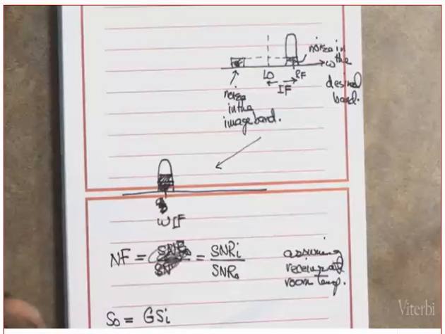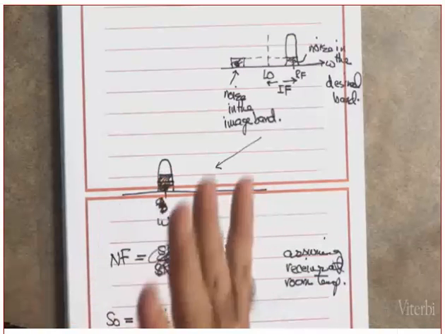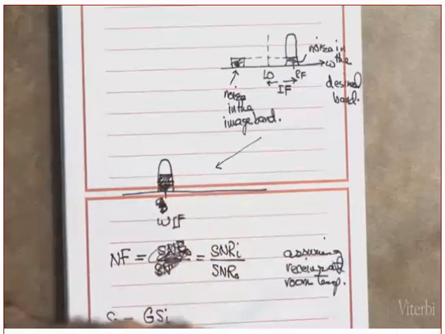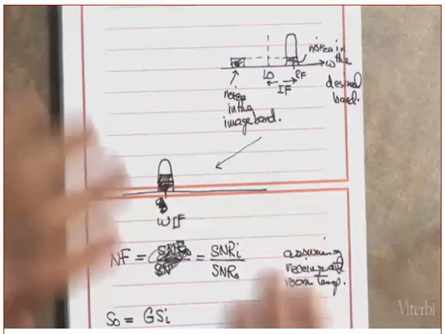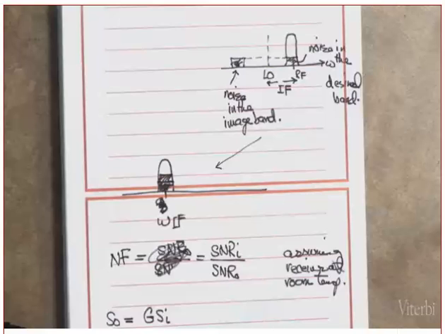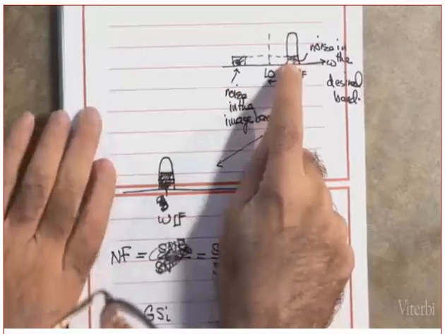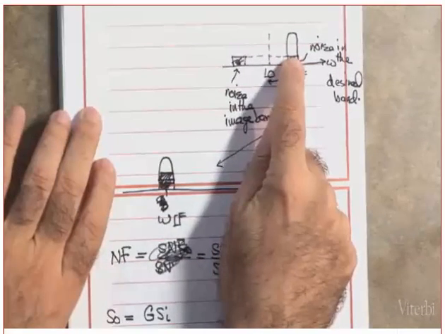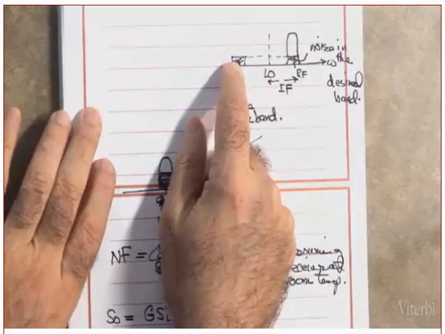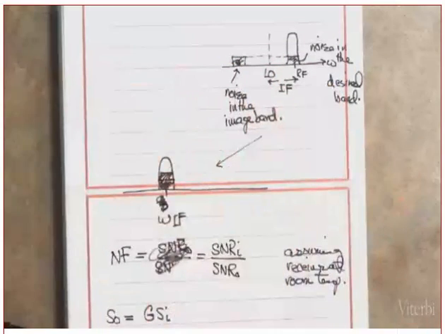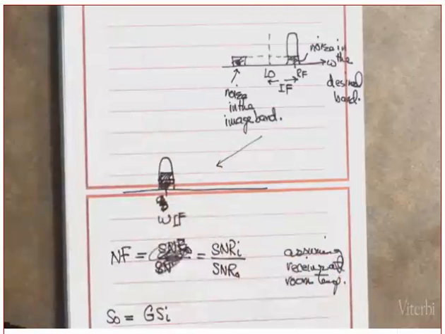Do you remember the last set of charts? The LNA? Do you remember the noise that was generated by the drain current? Was it constant? If it is constant, what does it mean? It means that it is the same for all frequencies. Will part of it be here? Part of it will be here. Are you following me or not? Are they equal? They are equal because we are assuming that it's